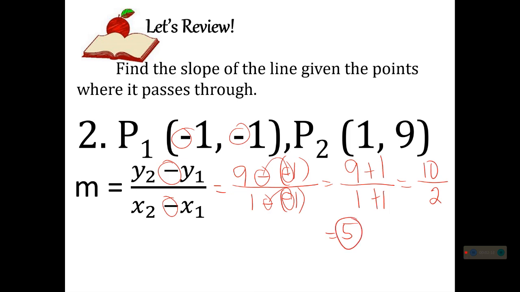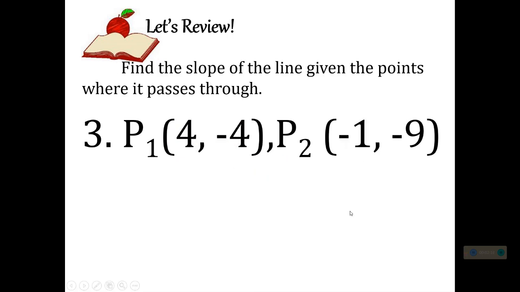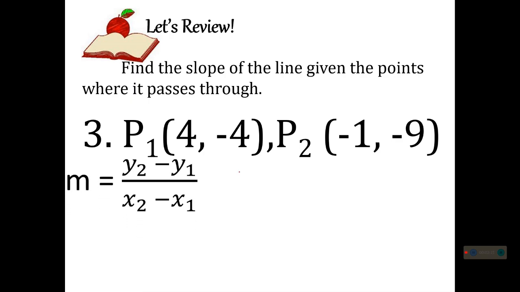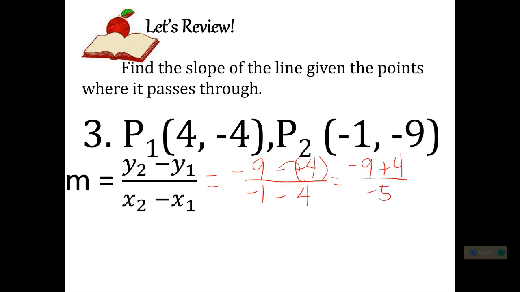Okay? So next, we have number 3. First point is (4, negative 4). Second point is (negative 1, negative 9). Okay? So let's substitute. We have here negative 9 minus negative 4 over negative 1 minus 4. Then, distributive property again here. So, negative 9 plus 4 over negative 5. So, perform the operation here. So, negative 9 plus 4 is negative 5 over negative 5,